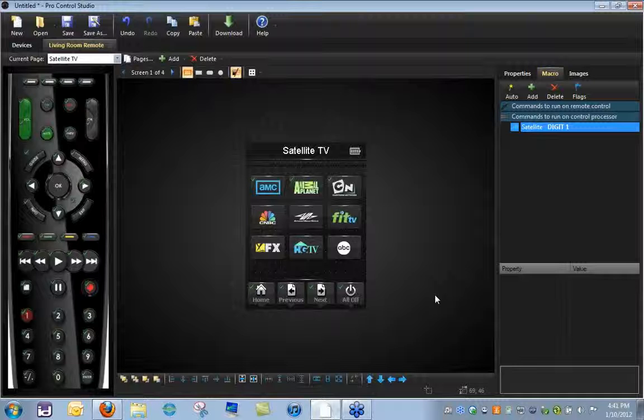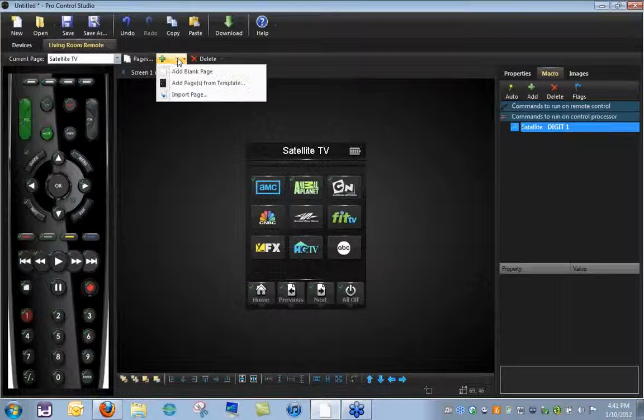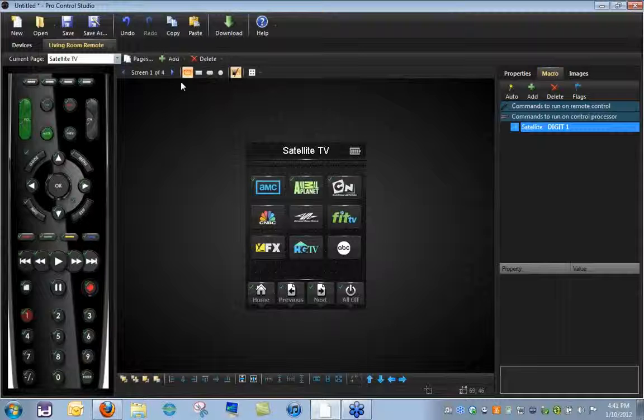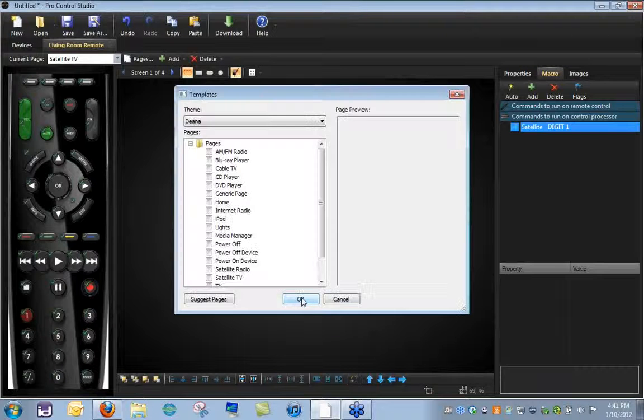Now there's some features in Pro Control Studio. You've seen how to add images, things like that, but you also have some very powerful features that allow you to draw and customize the graphics in the device. So let's go ahead and let's start doing exactly that. I'm going to add a new page to my device. Now at the top, above the programming window in Pro Control Studio, there's an add button to add pages. When you click on it, it's going to allow you to add a page from the templates built into Pro Control Studio. I can open it up,